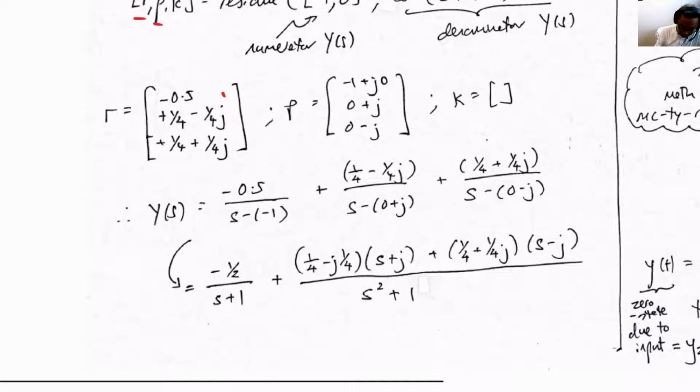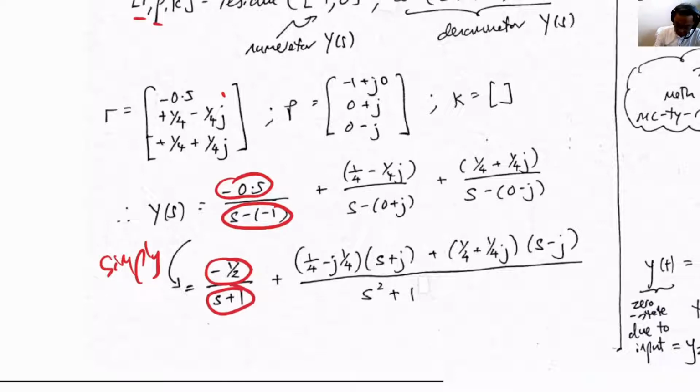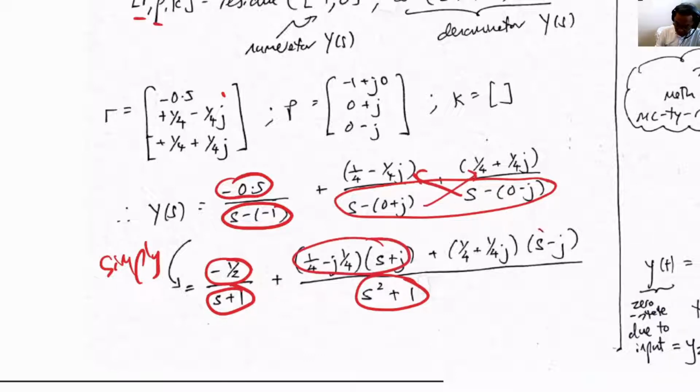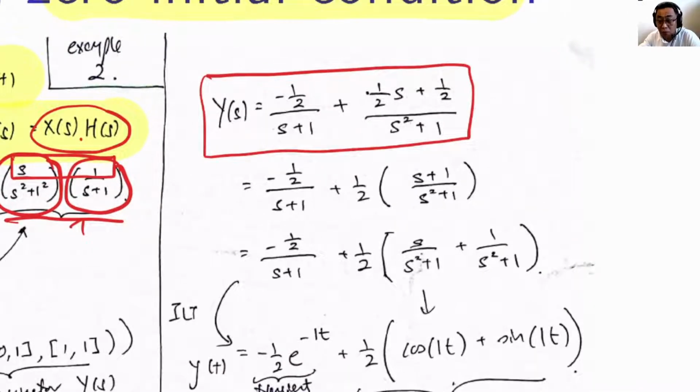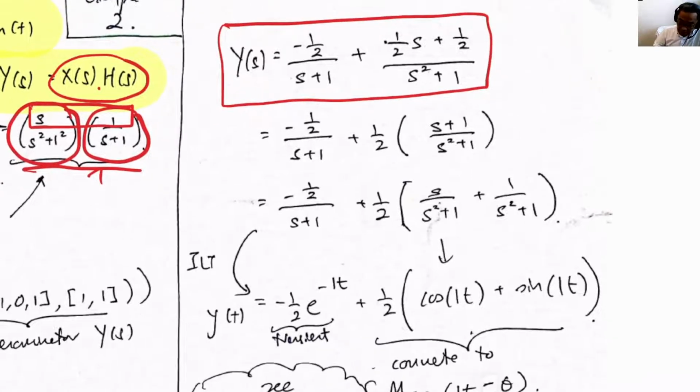You can now simplify. So minus 0.5 remains on top. Minus 1 becomes plus 1. And here we'll join the terms together, and on top we are cross multiplying. And again, we simplify. So this is Y of s on the right hand side. So you have to learn how to do partial fractions by yourself. Now, once we have this,